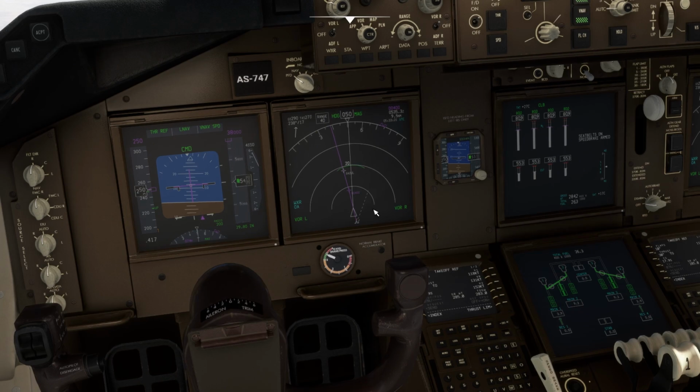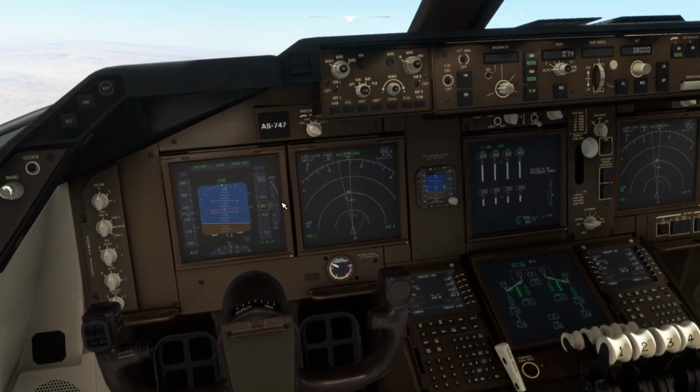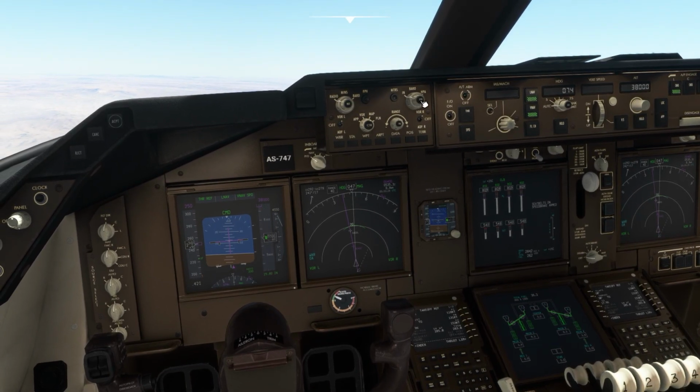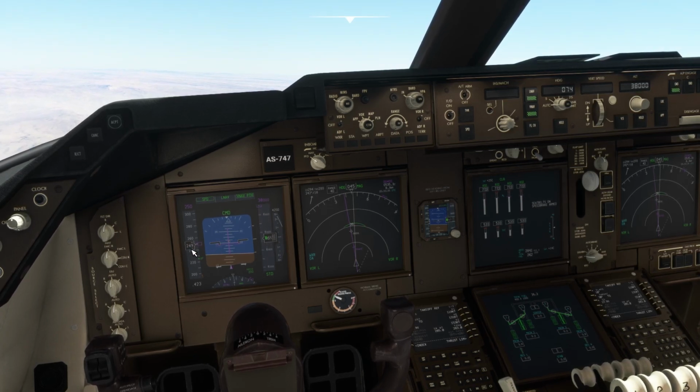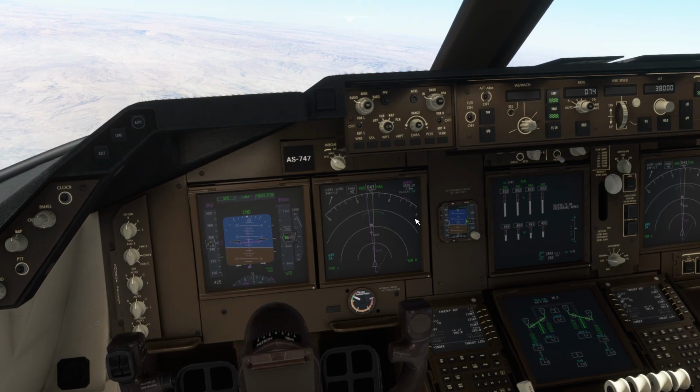The seatbelt sign is on. We have crossed the 3,000 feet mark, which is the transition altitude. So I can change it to standard now. The altimeter is now set. The speed is, you can see, set to 249 knots, which is the speed the plane should be at below